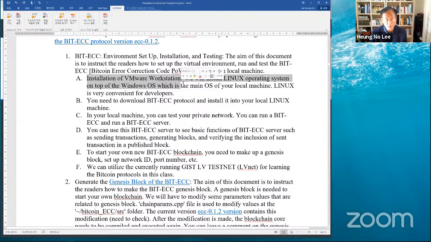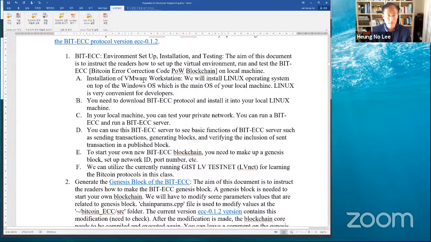But if you use Windows, you first need to install virtual machine workstation into your Windows, and then within VM workstation, you will need to install Linux operating system. And within the Linux operating system, you can follow our documentation,